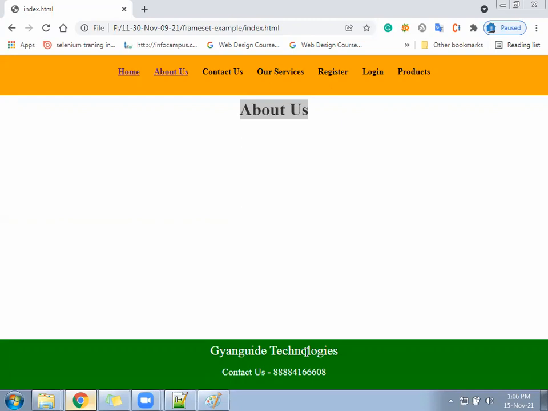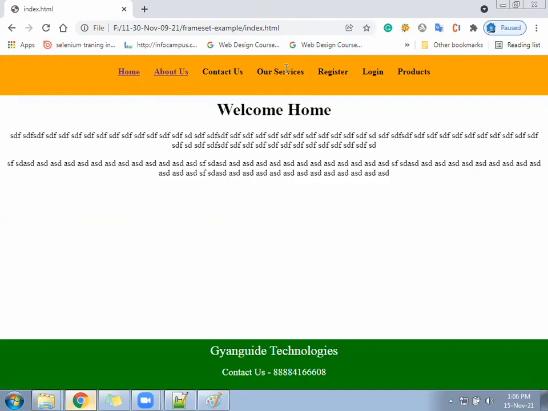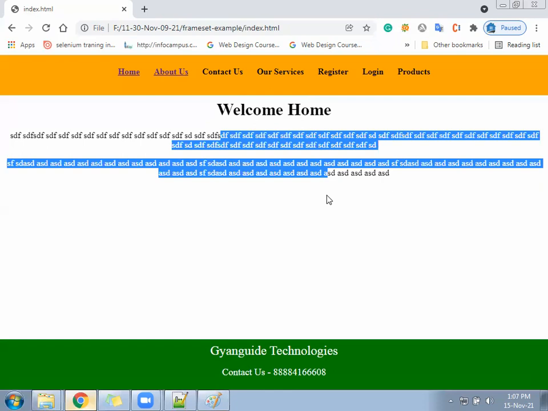That is one scenario, and here we have another scenario. When we click on Home, our header remains the same, meaning you are not reloading 1 MB of data. The footer remains the same, so you are not reloading another 1 MB of data. Correct? We are loading only the middle section. So for every user and every click, how much data are you saving? 2 MB of duplicate data processing.